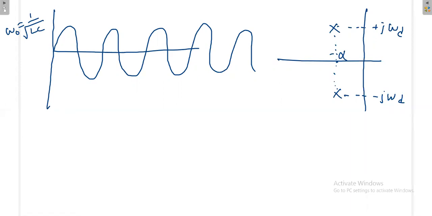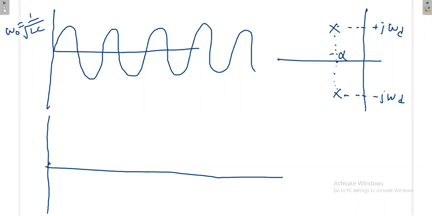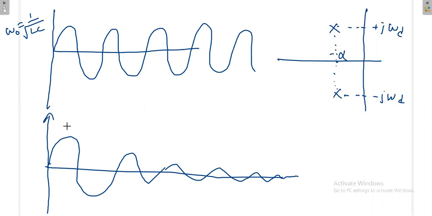So in some cases, what happens? It is also a sine wave, but its amplitude is getting decreased over a period of time. So it is also an oscillation, but during the process of oscillation, its amplitude is getting decreased. Why it is getting decreased is a different scenario. To denote this waveform, which has both a frequency and oscillation, we use damped oscillation, omega d.